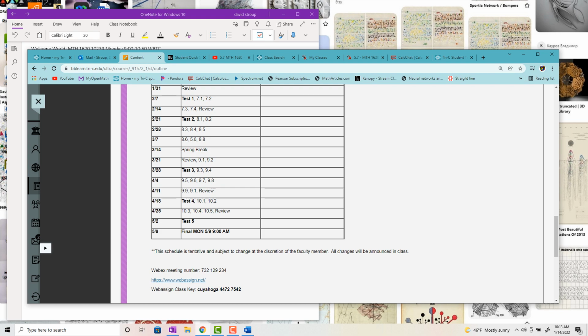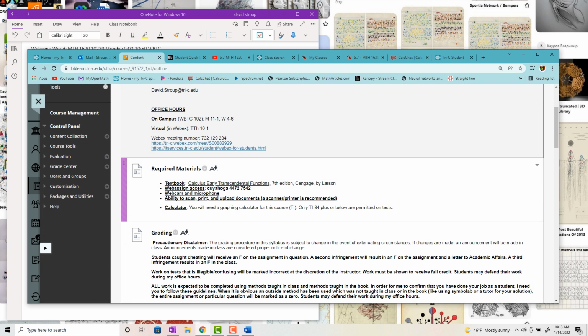The only thing you need from me to get Webassign going is that class key, 44727542. When you buy the Webassign access, they should give you another code that you put in, which is different than this code. The Cuyahoga code is just so you can get in my class. So make sure you're in my class and in the right section. Again, I have like 5 sections of Calc 2. Okay.